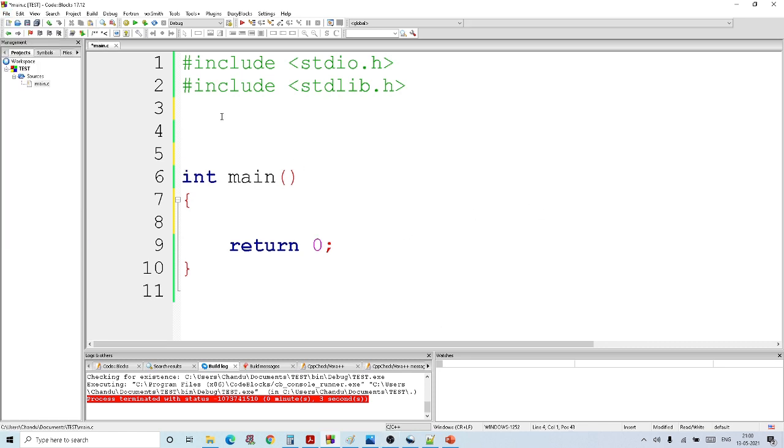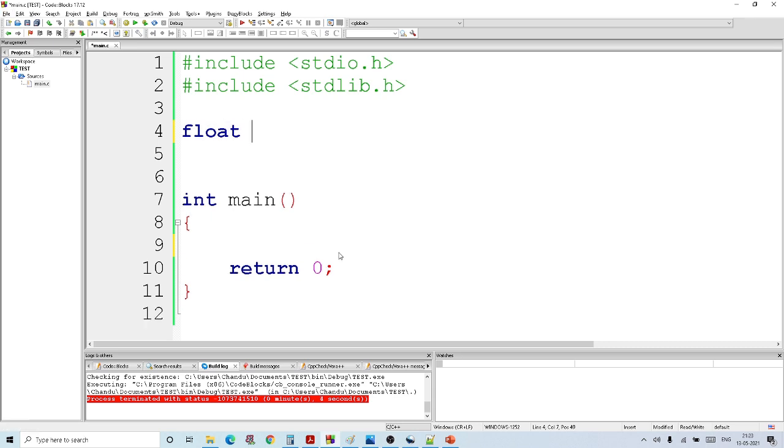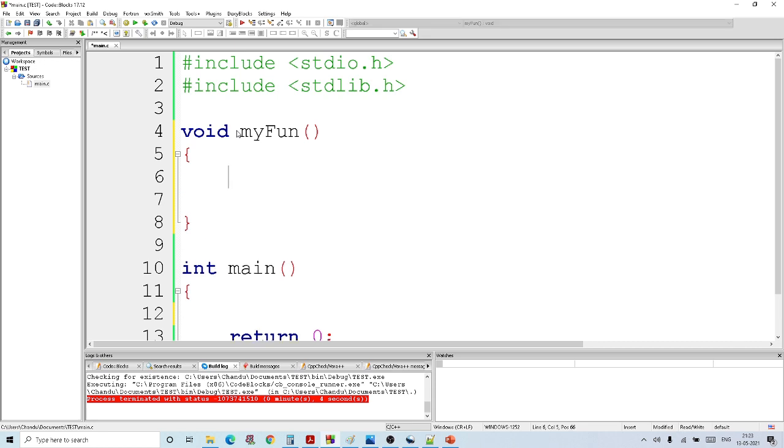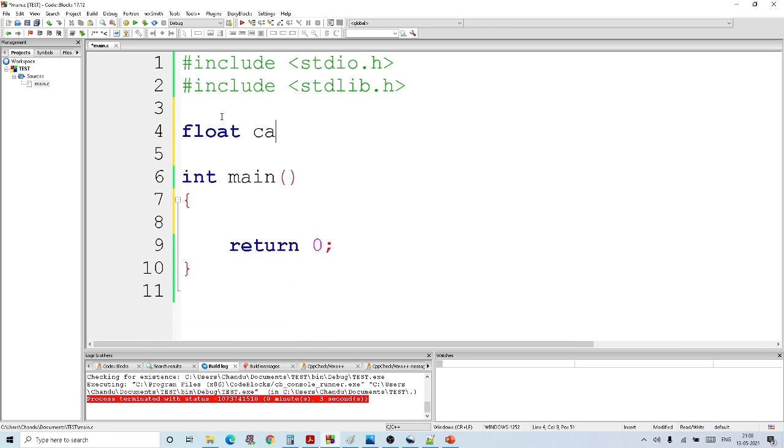First we want to tell what is the data type of the output that we are going to return. So let us say it is a float value. This is the data type of the value that I am going to return. If I don't want to return any output, I can always write the return type as void. Then I do not write a return statement at all. Suppose I have a function void myFunction. I do not have a return statement here because I said that my return type is void. So basically it is not going to return anything. Next comes the name of the function. I can give any name. I'll write calculateSum.